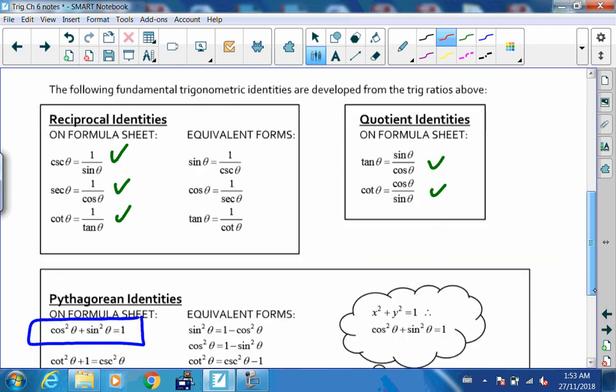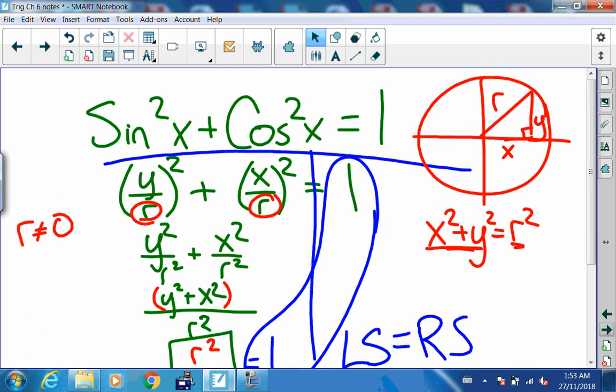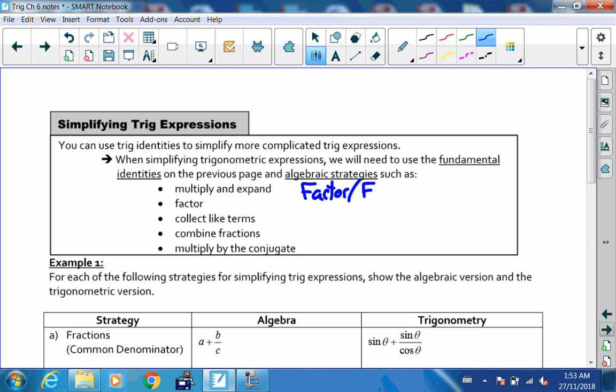Back to here. We're almost getting started here. And these identities are basically the tools that you will use down the road to prove other identities, more complicated things that we haven't seen yet. All right, off to the races. So basic tools that we can use, algebraic strategies, fall into basically 3 groups. Factor, expand,